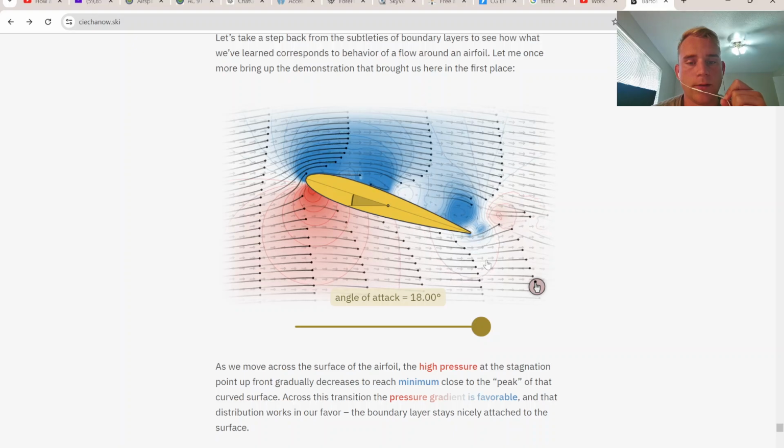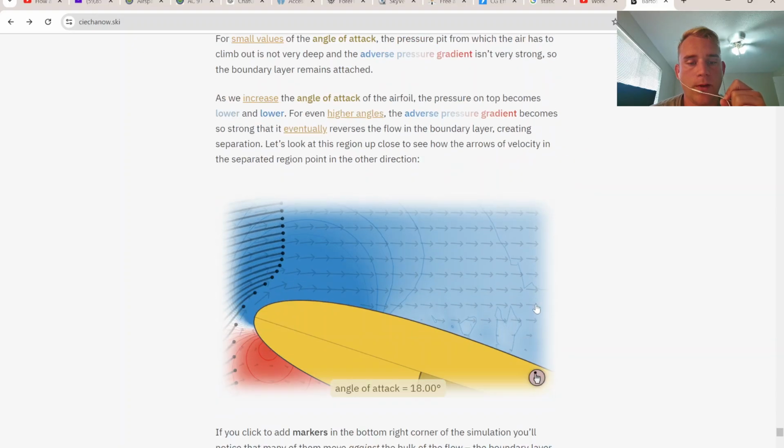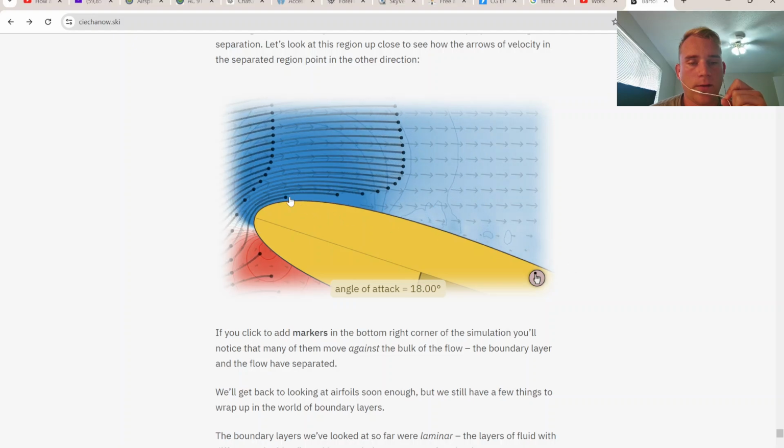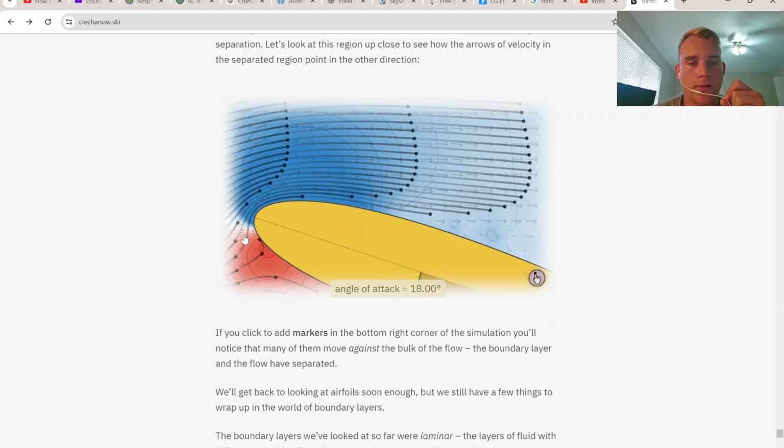All right, use this website, guys. It's really helpful. Here's another video right here. Okay, look at that. Airfoil, the air hits the leading edge,